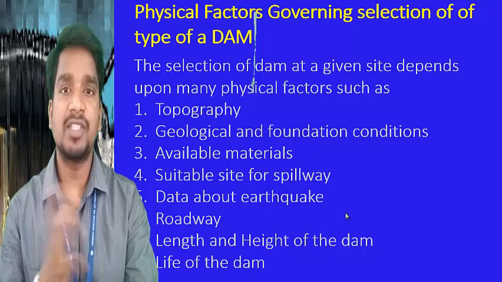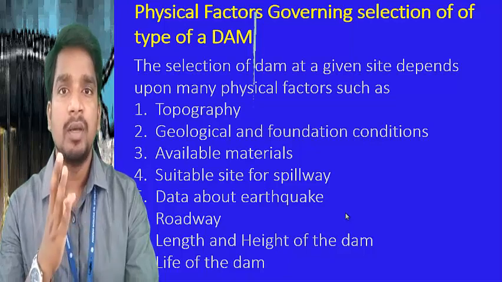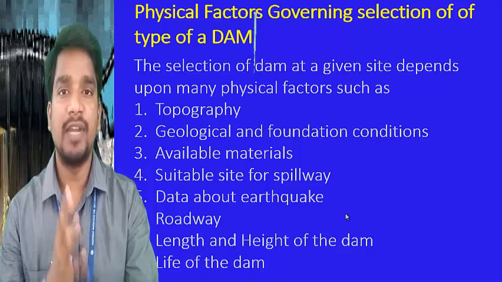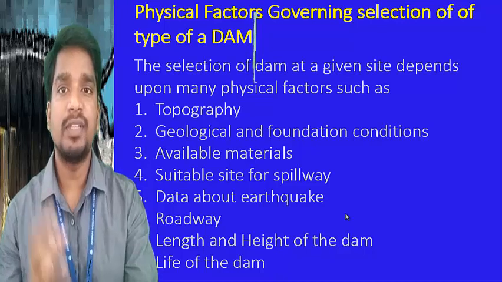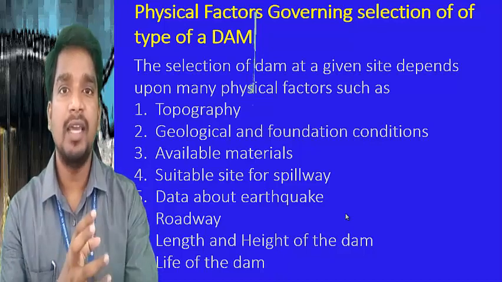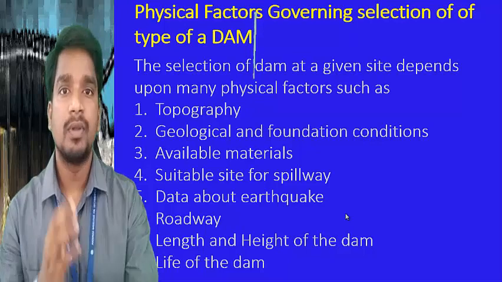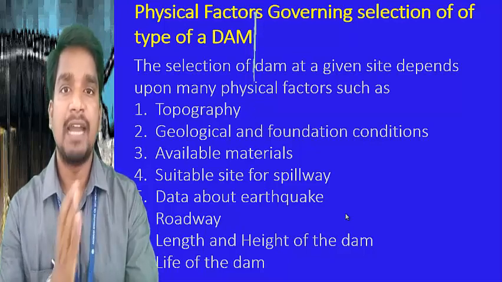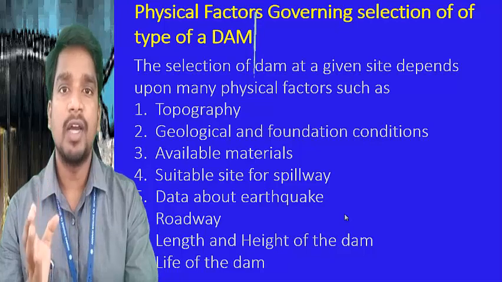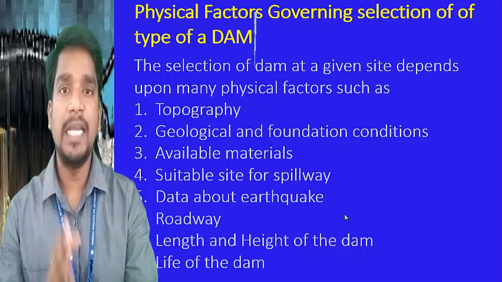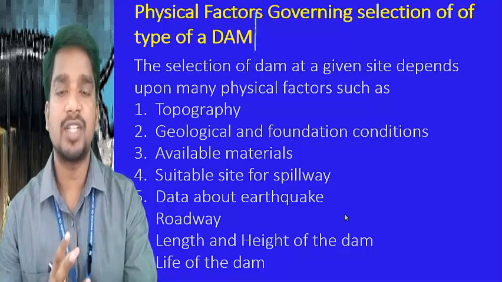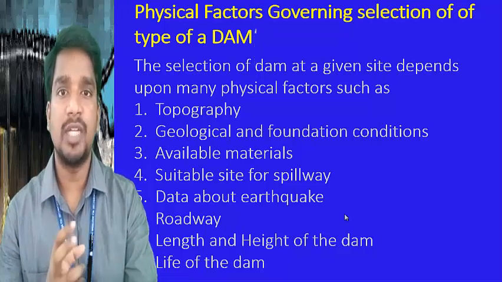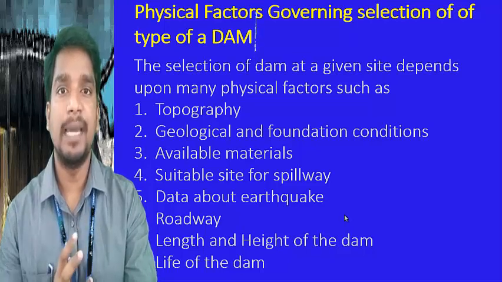In a similar fashion, we discussed classification according to the materials used in the construction of a dam. We have two types: rigid dams and non-rigid dams. What are examples of rigid dams? Concrete or masonry gravity dams, concrete or masonry arch dams, steel dams or timber dams. The materials used in their construction are rigid, which is why we call them rigid dams.